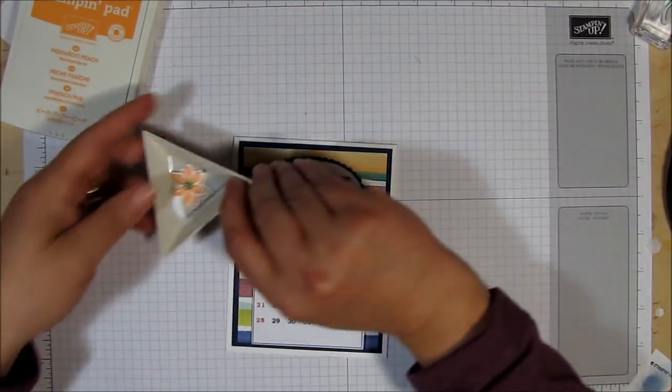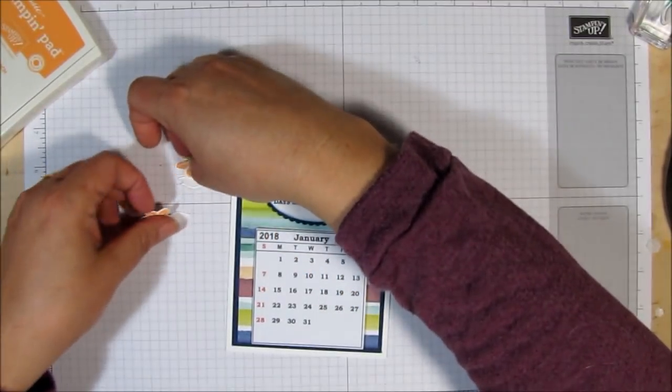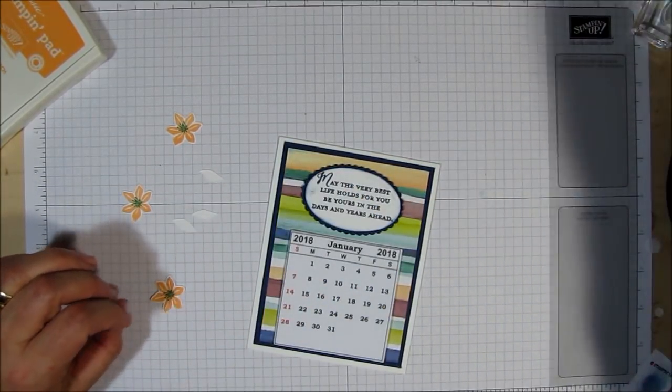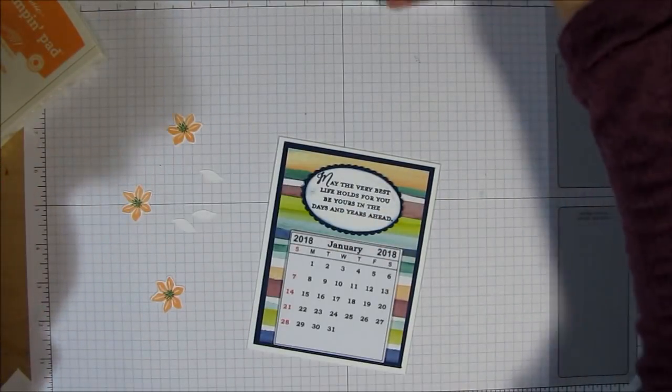Like I said, I've already cut them out. Stuck them in a little tray here. I've got flowers and leaves, and I'm going to use 3 of each. And I'm going to be using the smaller of the Stampin' Dimensionals. Look how cute these are. They're so tiny. Now I just need to find my